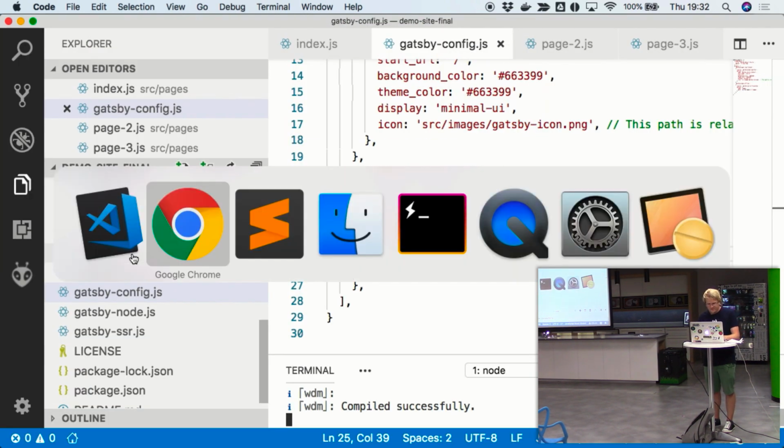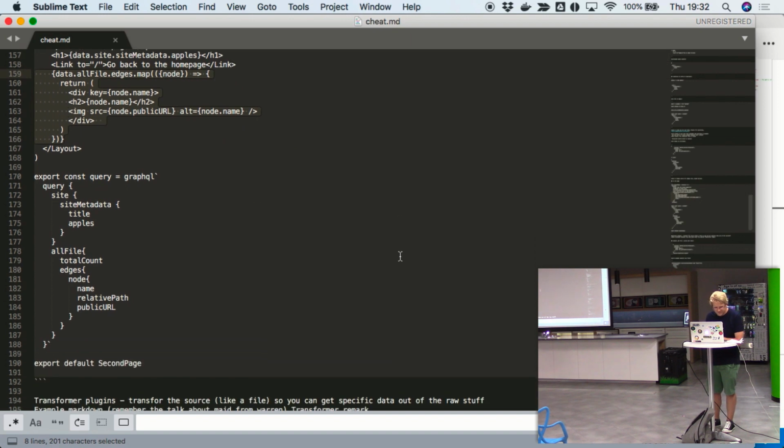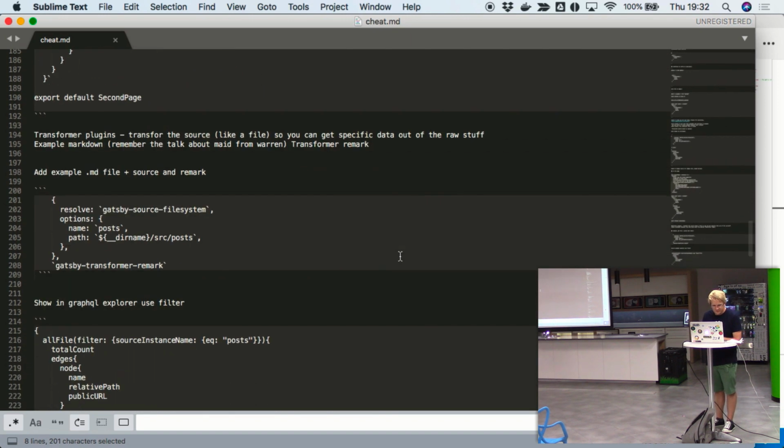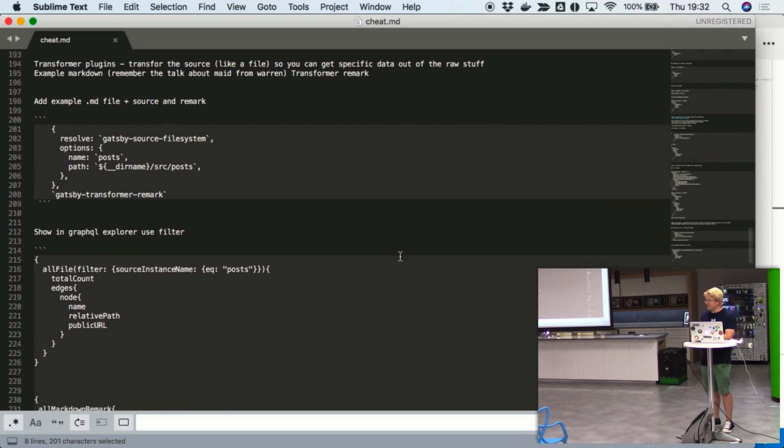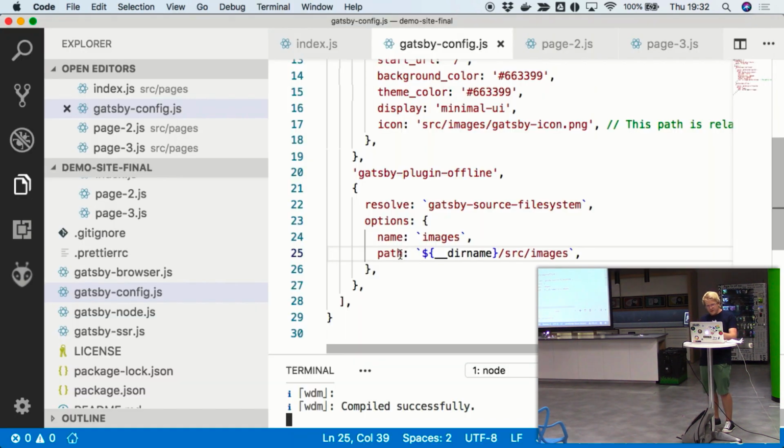Okay, what else can I show you that's cool? The other cool thing is you have source packages, and then you have transformer packages, and that basically takes a source and transforms it into something that you like.